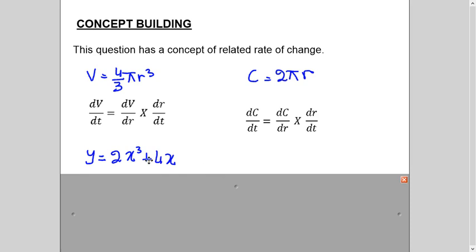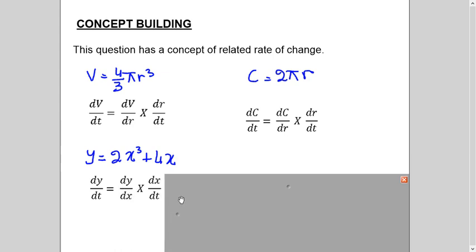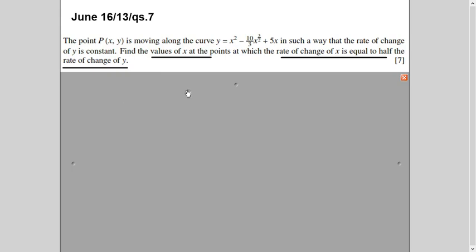For example, the equation of y is given to you. So y is connected with x, and I have to find out the rate of change of y. So what will it be? It will be dy/dt equals dy/dx times dx/dt. So the topic or the question we are doing needs an understanding or knowledge of this. That's why I've given a little brief explanation here.